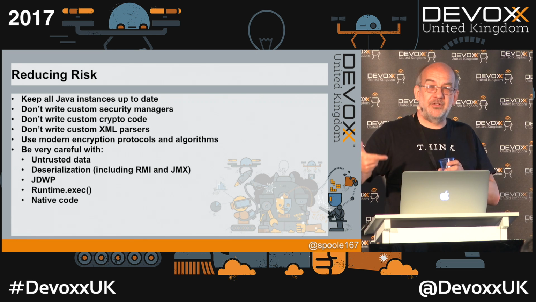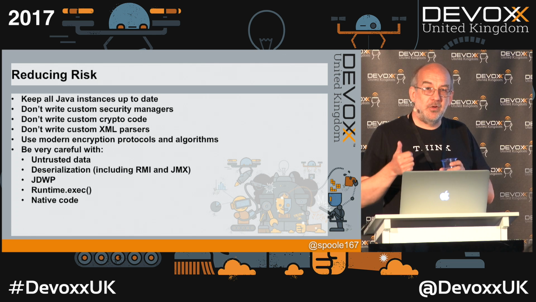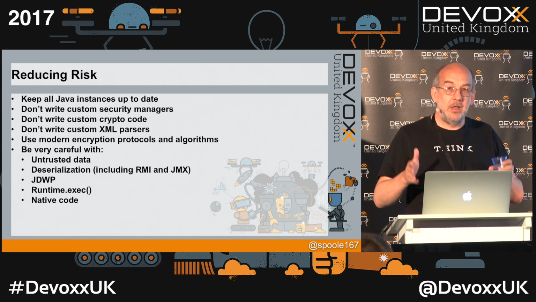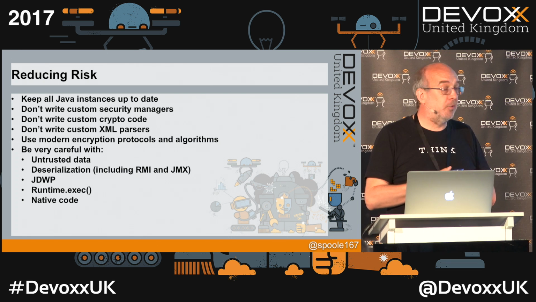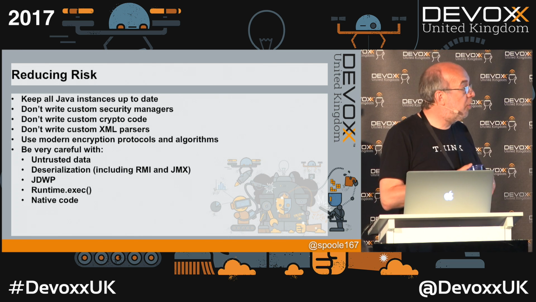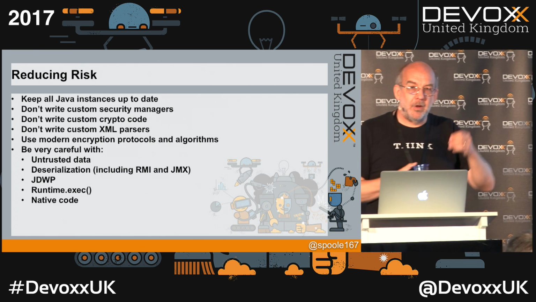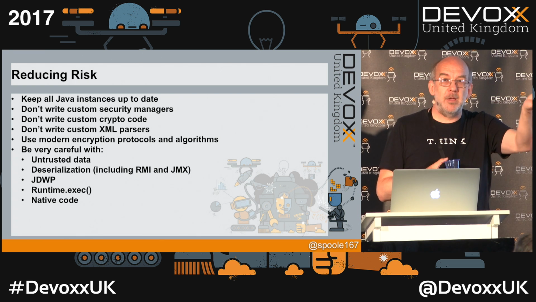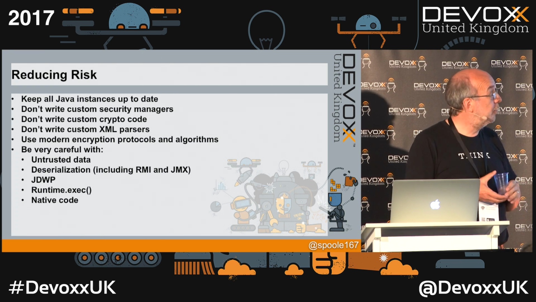Why am I doing this? What bad things can happen? Because if you've put your happy hat on and go, this is really cool, I can do all these cool stuff, of course you can. But possibly so can other people who exploit that, right? So when you're writing your custom crypto code, don't do that. When you're writing your custom XML parsers, all these things, bypassing the security systems are bad things to do,